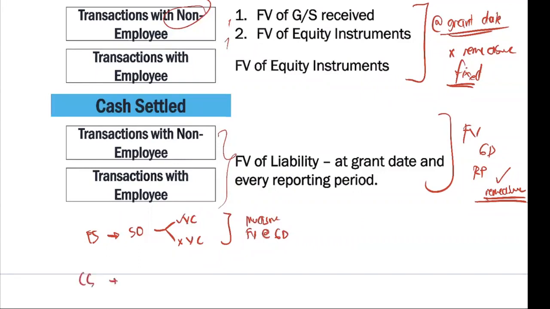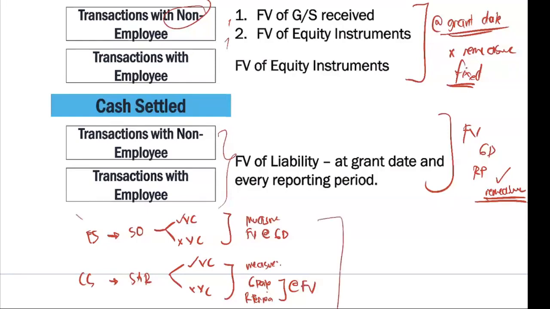While if that is cash settled, we say that it's share appreciation rights. You recognize it whether there is a vesting condition or no vesting condition. And how do you measure it? Every grant date and every reporting period at, again, your fair value. So once you master these items, it would be easier for you to understand